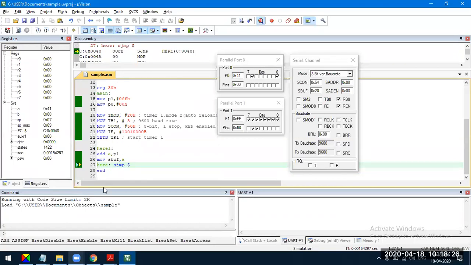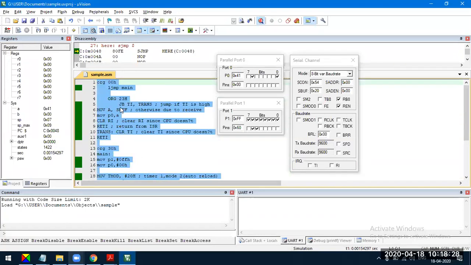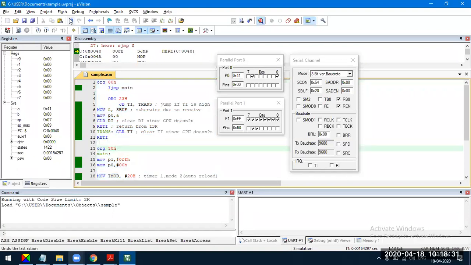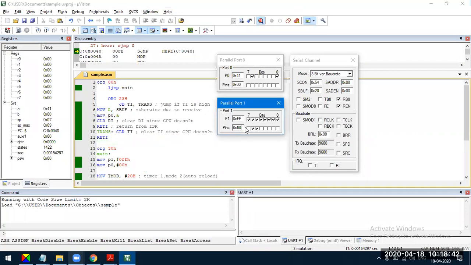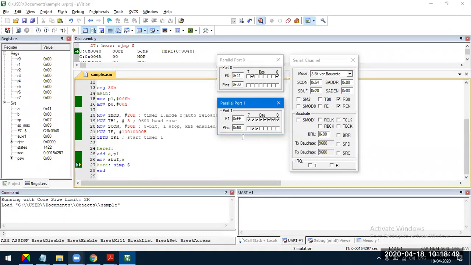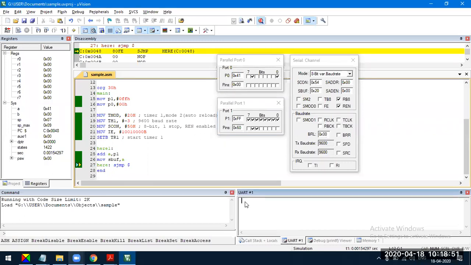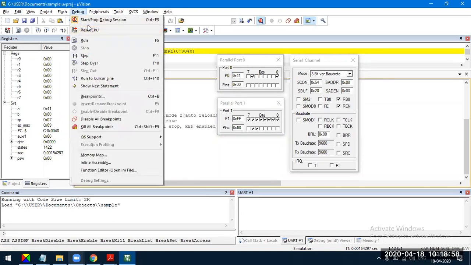To better understand the execution of the program, you have to execute stepwise. After starting the debug session, you have to press F11, and you should be very careful while providing the data. In the beginning, we provide data to port P1 for transmitting the data serially. After transmitting the data serially, we receive the data serially using the UART window. Is that okay? Fine. So this is about interrupts due to serial communication.